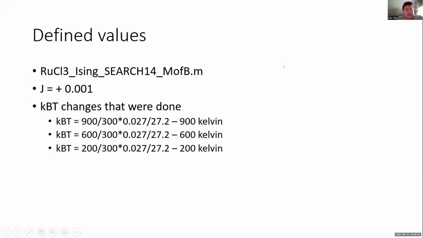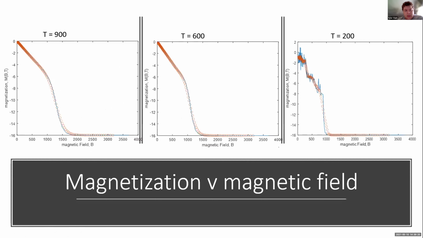In the project, this is the code I used, pretty much. I held J at 0.001, and the values of kBT I had were at 900, 600, and 200 Kelvin. When I used this for 900, 600, and 200,